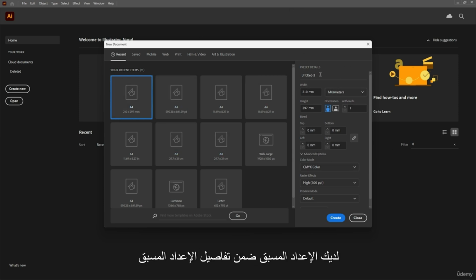So you have the preset under preset details over here. You can rename your project, whatever you want. So for this lesson, we'll be going with Lesson 1, Getting started with Illustrator. There you go. And then you'll have the width and the height here. I have the A4 size selected here. A4 size is in millimeters. You have 210 by